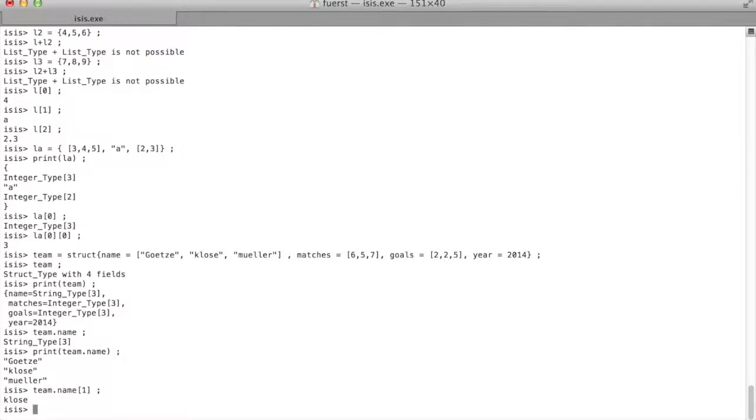This is rather useful because now we can use the different fields of the structure to do some calculations. And if we use arrays like this, the order will stay the right way, so we can still identify the result with a name. Like, we can calculate how many goals per match each player shot by typing team.goals divided